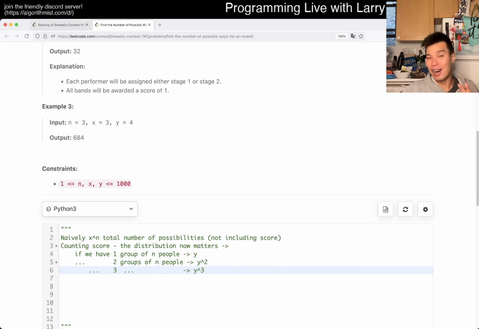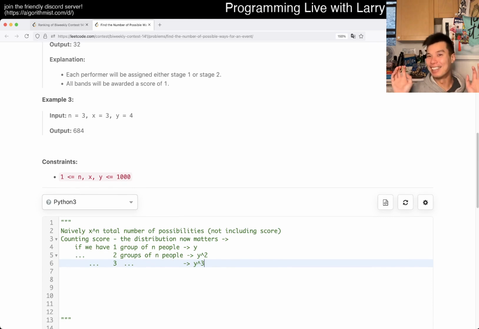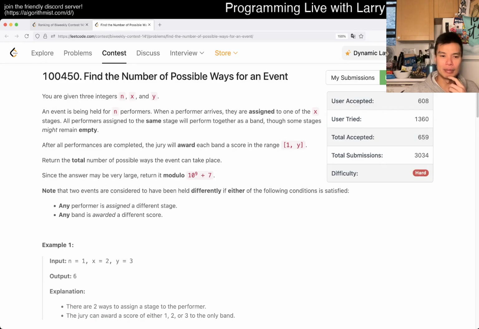right? And it took me a while, so I'm skipping over like 10 minutes of just playing around with random silly things, right? It took me a while to get this, because you watched the live portion. I actually misunderstood, or I misread it enough that I just didn't read it correctly, in that any performer is assigned a different stage, and they didn't really phrase this precisely enough for me. Maybe it is, to be honest, and I just didn't read it this way the first time,